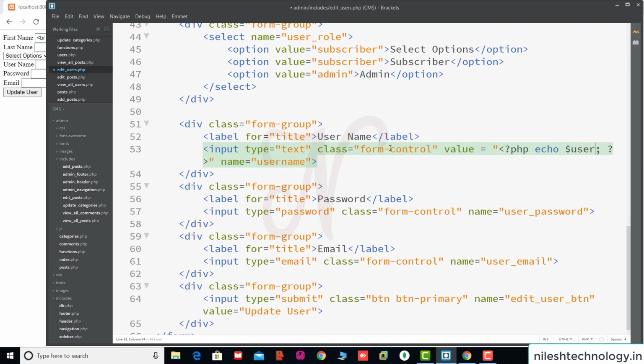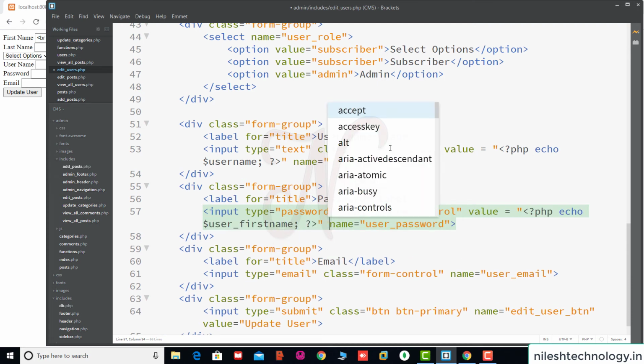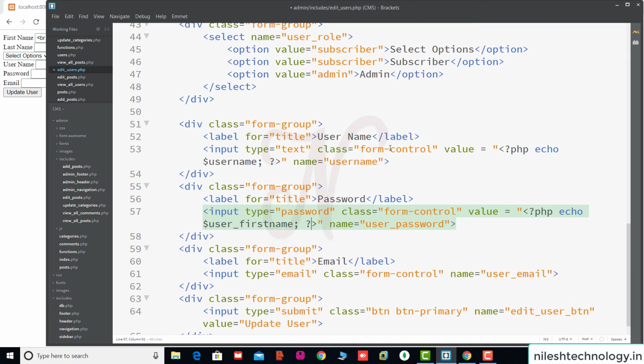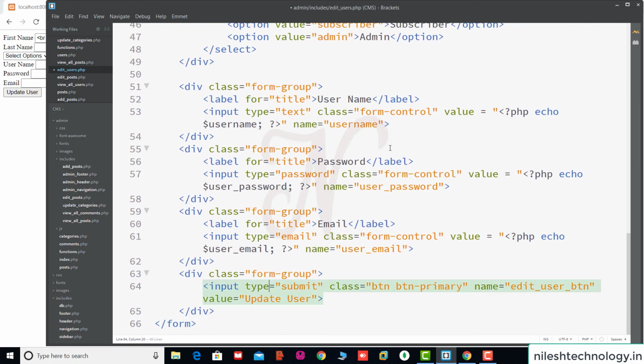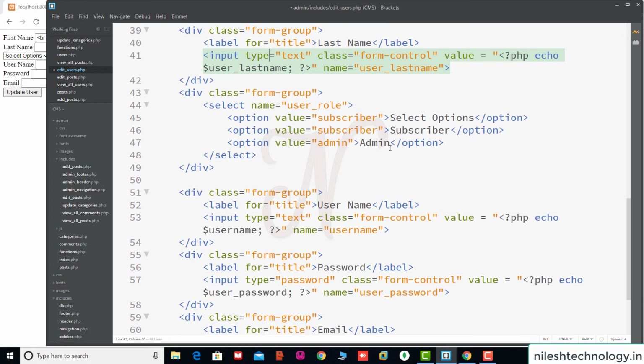User name, then again this is the password, this is the email ID, okay, fine. So here instead of this role we write some other code.